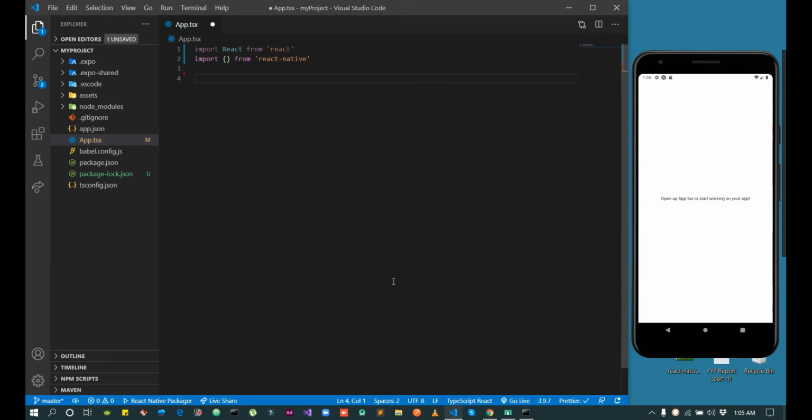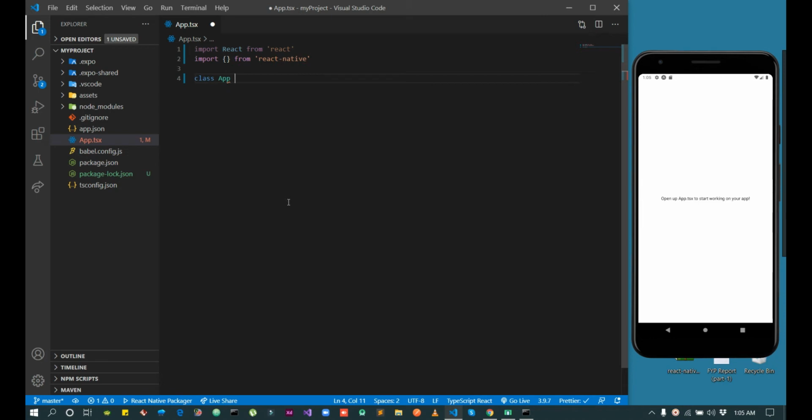There are two types of components. First of all, class based, and second is function based. In this video we will learn the basic component type, which is the class based. This is the structure of a class based component. We put the class keyword and the name of our component. We can use App, Screen, Home, whichever you want. I am using App because it's the starting screen. The starting screen always starts from the App component, which is the basic structure.